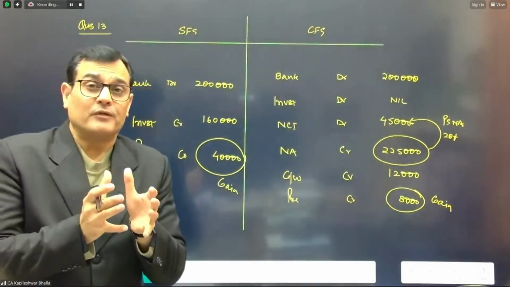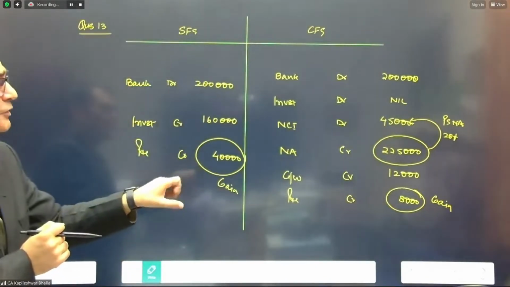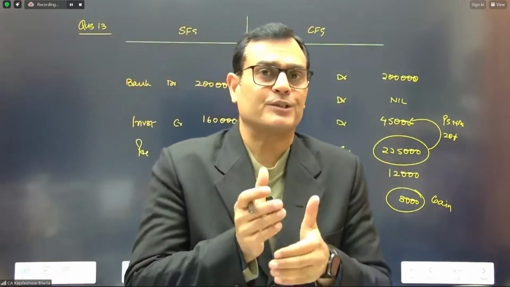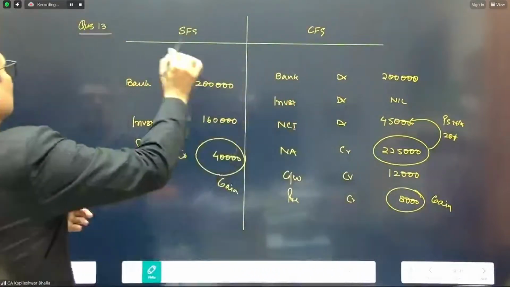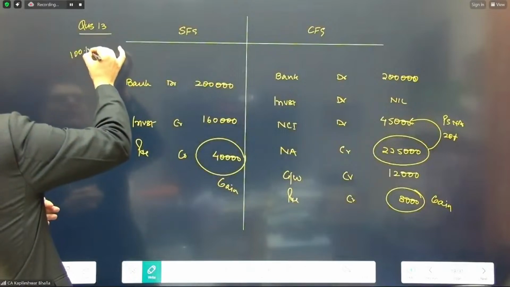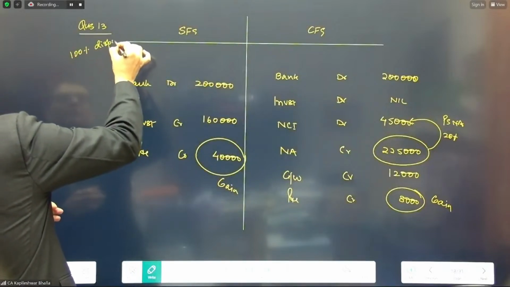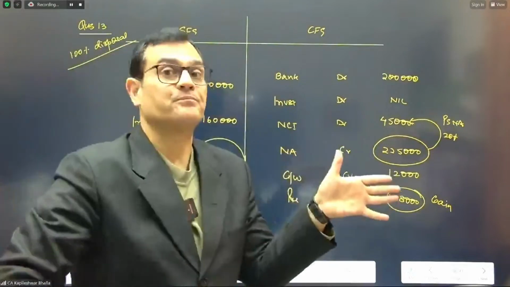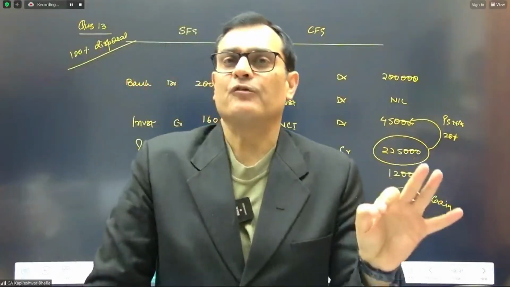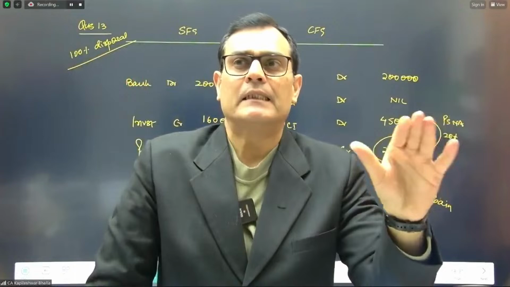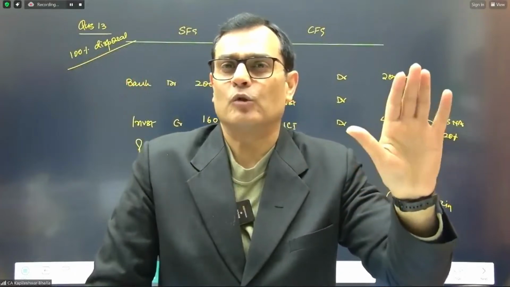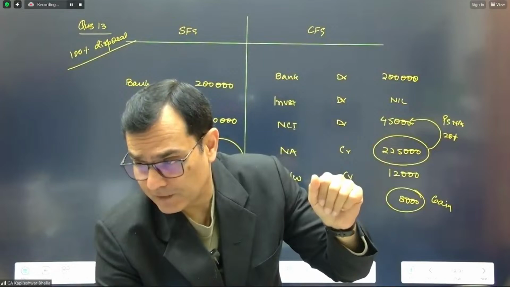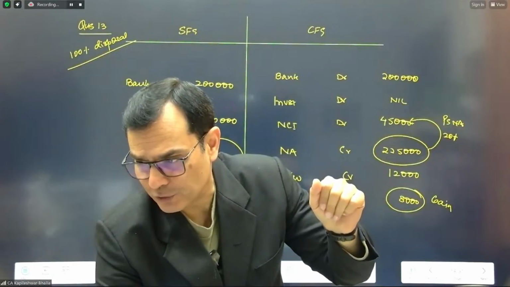So we will get a different gain for the separate financials and a different gain for the consolidated financials. This is a case of a full disposal. So this was permutation number 1. It was a case of 100% disposal. I hope, friends, you are pretty clear with the picture. You just need to be very careful looking at the data, deciding whether it is a case of control continuing or lost. I guess so far so good. I hope everybody is pretty clear with the picture so far. Okay.